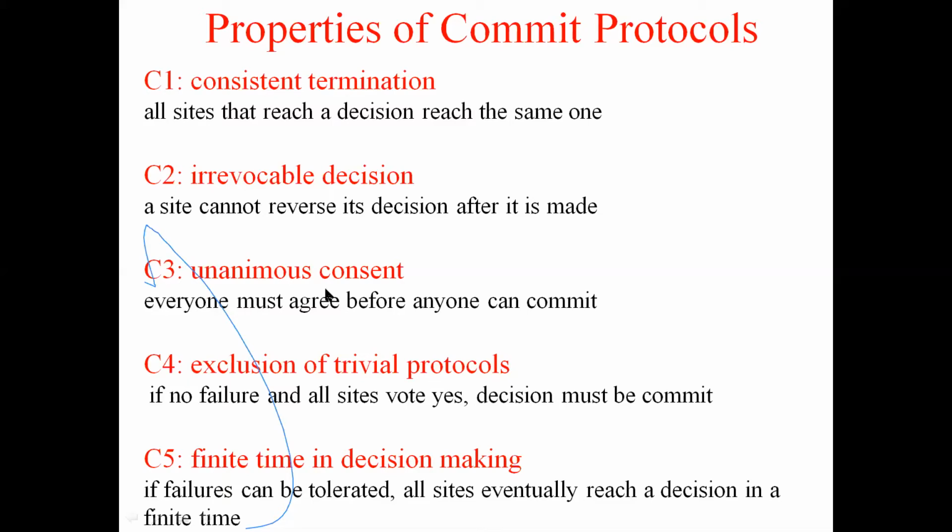Then I should have unanimous consent. That means before anyone commits, there should be a unanimous decision. Everybody must agree. Who is everybody? All the nodes on which some operation of the transaction is going on. But if one of them decides to abort, then it can decide on its own. Why is that? Because if there is a crash at one of the nodes, it has to abort, so it cannot wait for others. But if I am deciding to commit, I have to take a unanimous decision. I have to take the consent of all the other nodes.